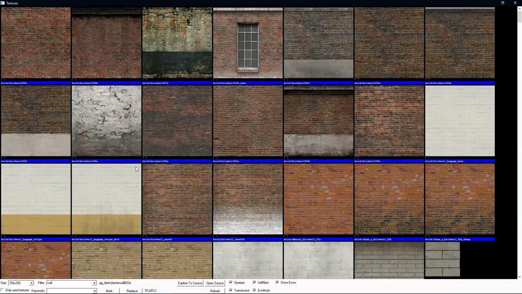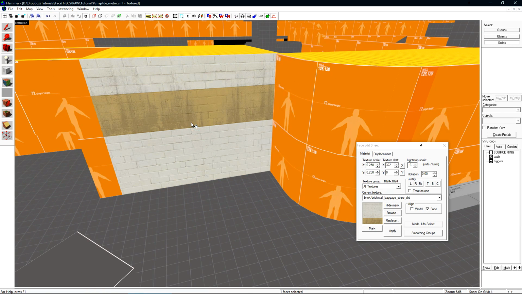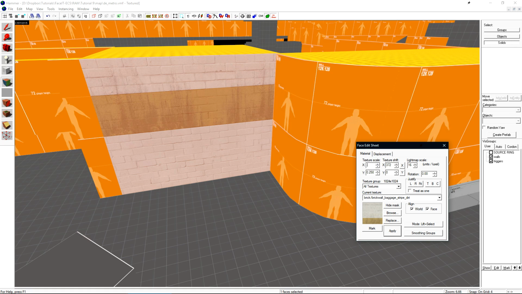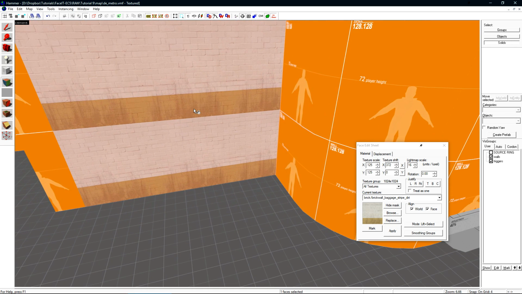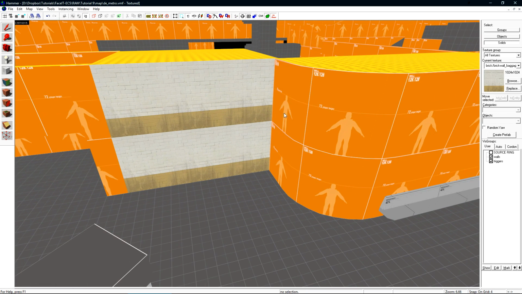Up towards the top here, there is the baggage stripe with dirt. I'll right click to apply it to this face, and it's a 1024 by 1024 texture. I want to scale it down to 0.125 on the X and Y, then hit apply. I'll justify it to the bottom and to the right, and I need to split it in half